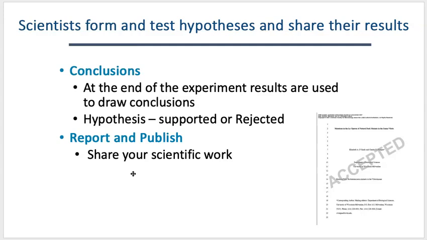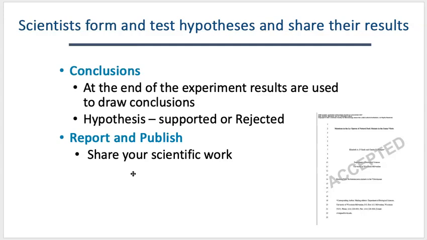Once you have drawn your general conclusions, the next step that we want to do is to report and publish. So once the experiment's complete, results analyzed, right, conclusions drawn, typically what we do is we publish our scientific work, and scientific work is often published in scientific articles. Articles are typically published in many different ways. They can be published on a non-reviewed site on the internet, or they can be published in what we call